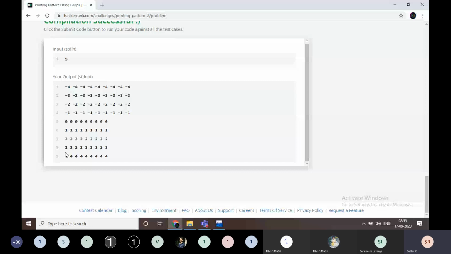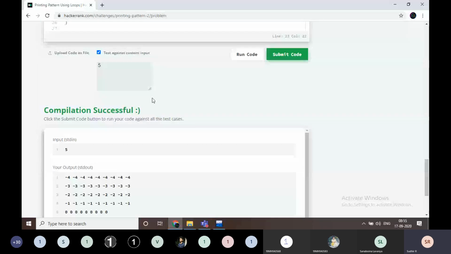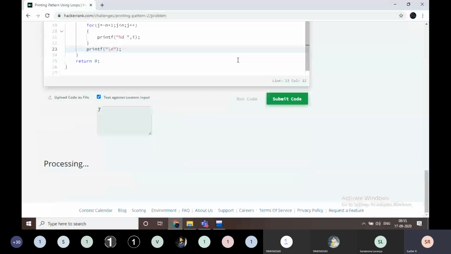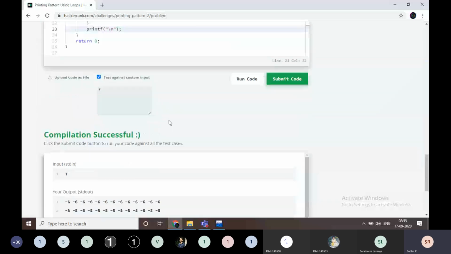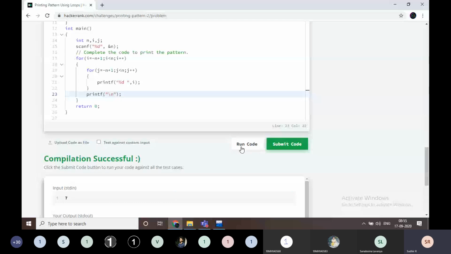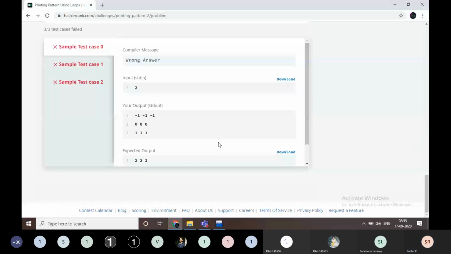It is working. For example, if I am going to check here, if it is 7, if I am going to run it, it is going to be running for 1, 2, 3, 4, 5, 6, 7, 8, 9, 10, 11, 12, 13. This is going to be 13 and this is going to be 13. No doubt about that, right? The loop is perfectly working for 2 also, 3 by 3.